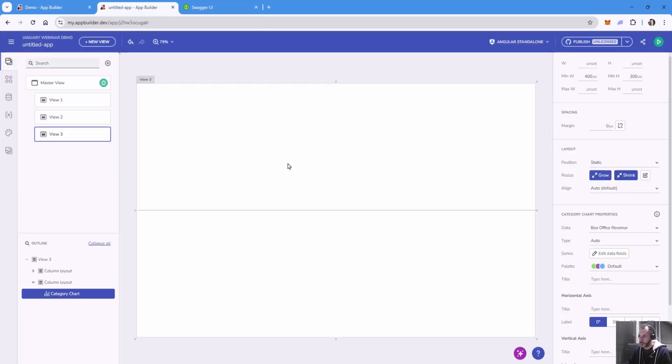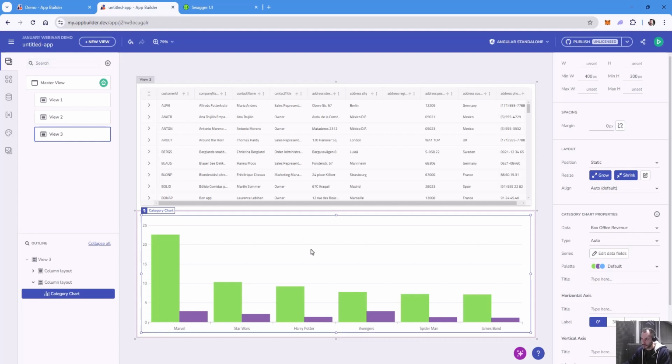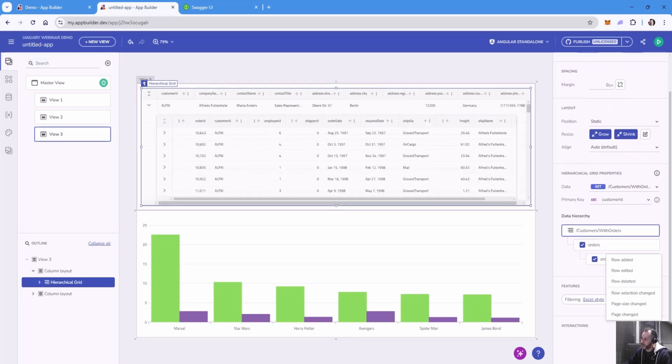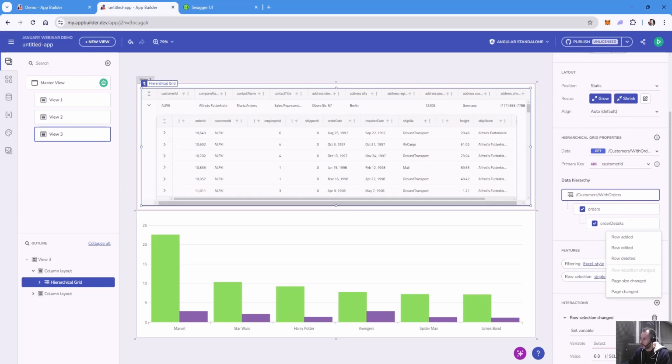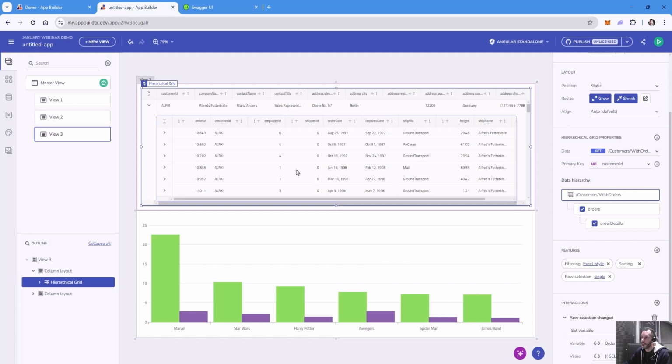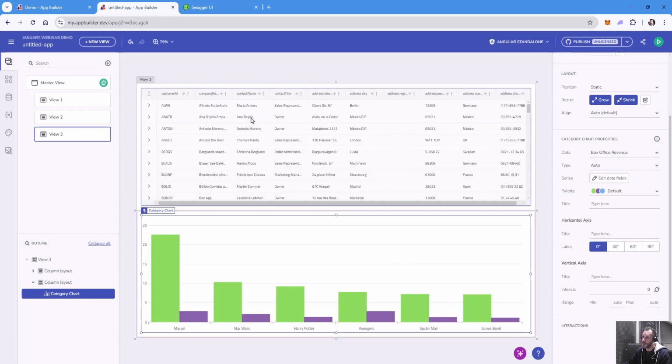So what I'm going to do now, I already have added a chart. I'm going to say, upon clicking a row of the root element, which corresponds to the customers, I want to create a variable which is going to give me orders. I'm creating this variable now, and what I'm going to do is add